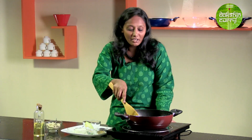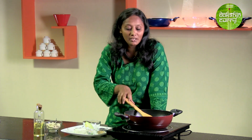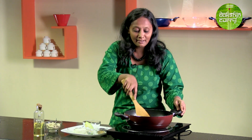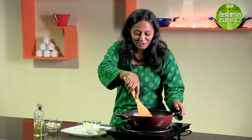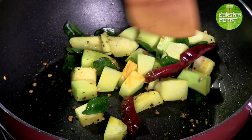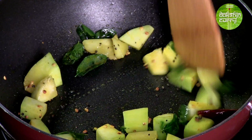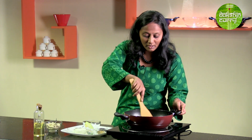See, there are various variations to this recipe. The one that I will be showing is going to be a very basic paste which I am making with cumin seeds and coconut and a little bit of green chilies. You can also make it with dried red chilies and coriander seeds and pepper. So the variations are endless. But nevertheless, it's still a coconut based recipe. That's what makes it very different from a North Indian curry where it is more besan based. Now that I've given it a quick stir,